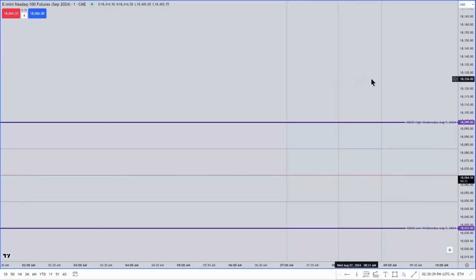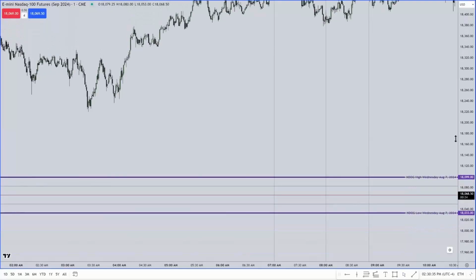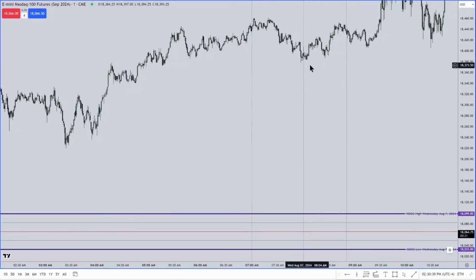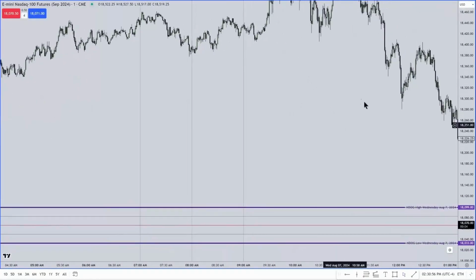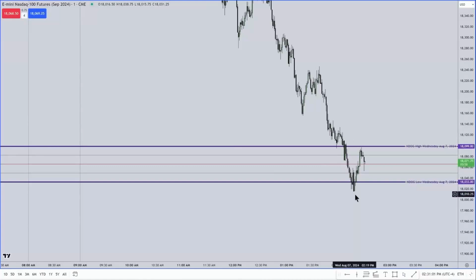Here's 7 o'clock, here's 8 o'clock, here's 9 o'clock, and we were way above it. We're really north of it when it formed those opening intervals. So 7, 8, 9, and we were way above it. So here we are. It went down and closed it in. The ability to want to see it gravitate back to them every single day. If you have the last 5, the week you're trading in right now, that's 1 day of it. And then you go back the last 4 trading days. So you have 5 of them on your chart. And as long as we're in close proximity to them, they're going to be impactful to your trading.